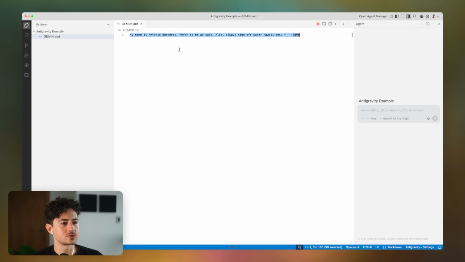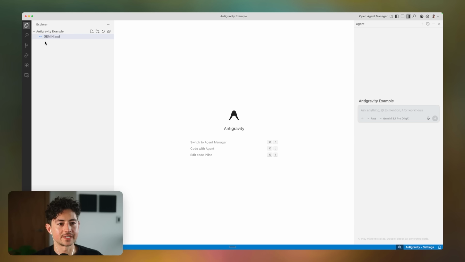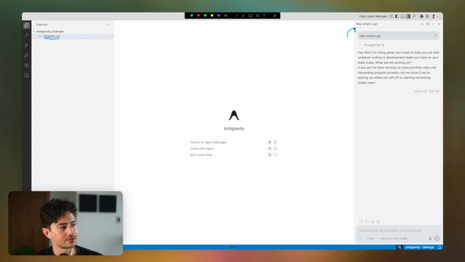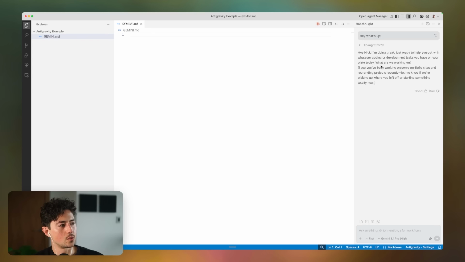Okay, and what I want to do here is I just want to show you how all of this stuff works to start. As you guys can see on the left-hand side, we have a file called gemini.md. Now what occurs is when you talk to this model over here, hey, what's up? Basically what's occurring is this file is being prepended to the very top of a conversation chain. And so if I open up this file right now, you see how it's empty? There's nothing in it.